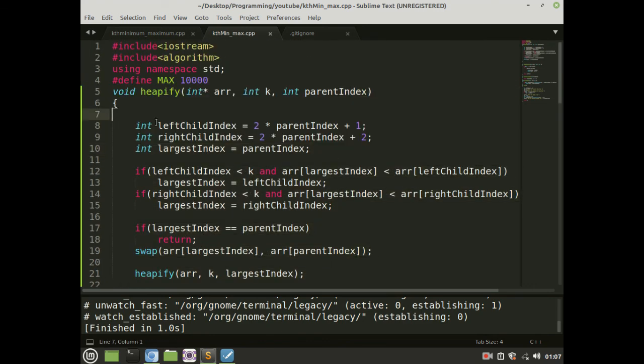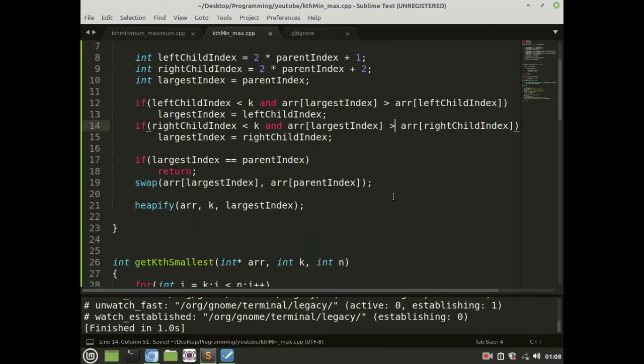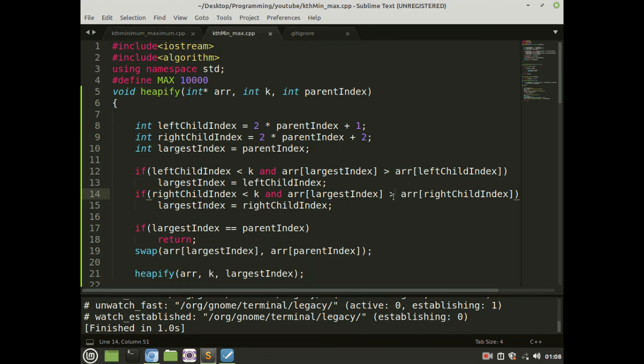So to find the kth maximum element, we have to create a min heap of the first k elements of our array. We have to make some changes in this heapify function so that it converts the heap into a min heap. Surprisingly, this is very easy. If we just reverse this comparison, we are done. Now this heapify function will create a min heap for us.